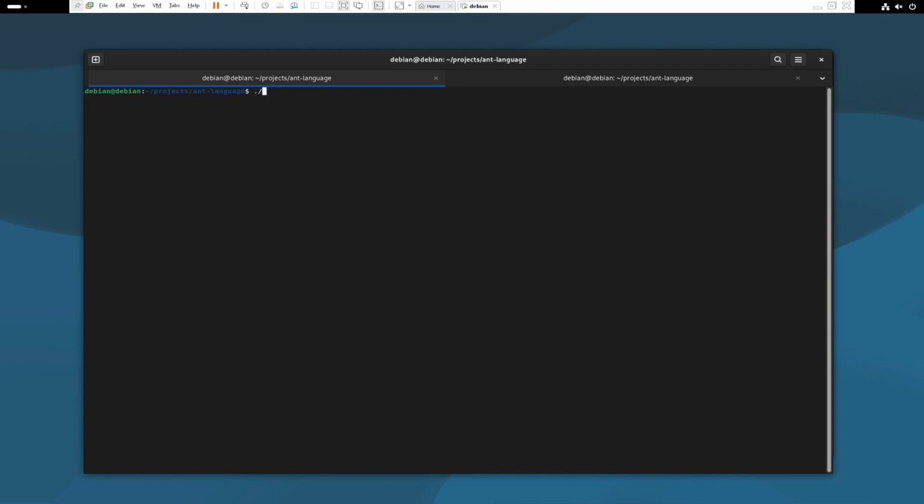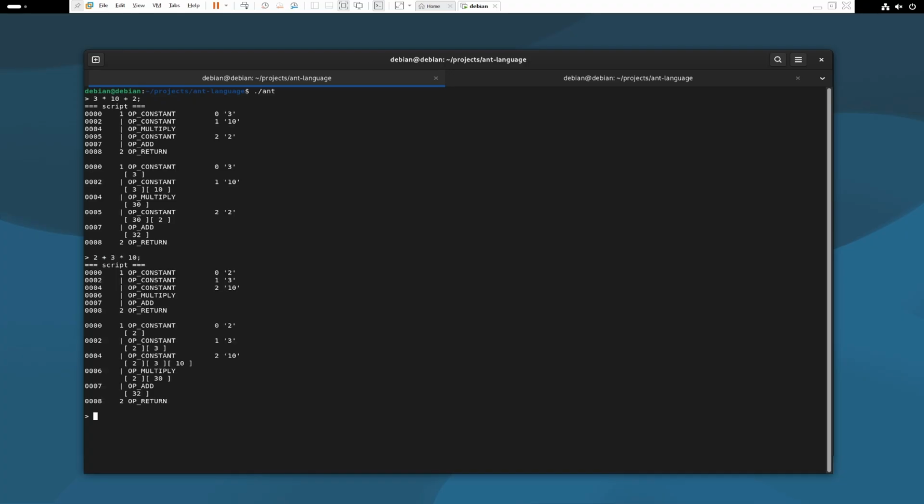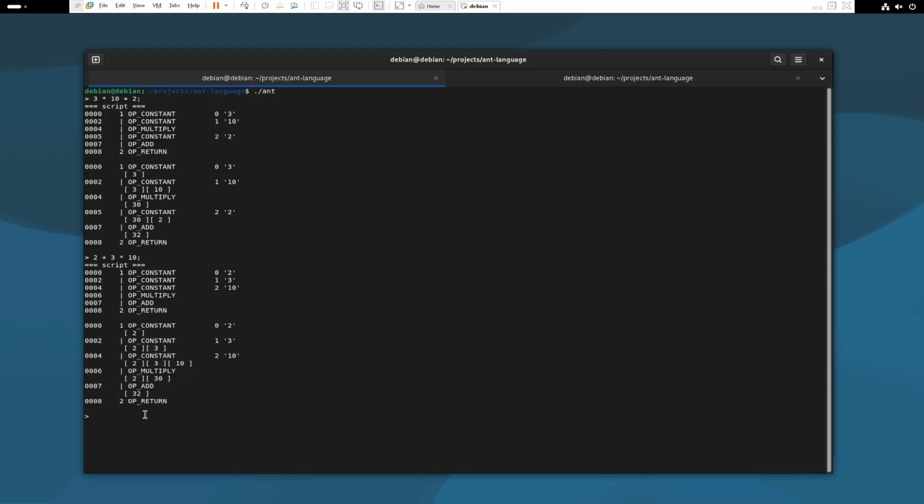Let's clear and so let's test 3 times 10 plus 2. It should print 32. Let's do the inverse. So 2 plus 3 times 10 also is 32. So guys, as you see,